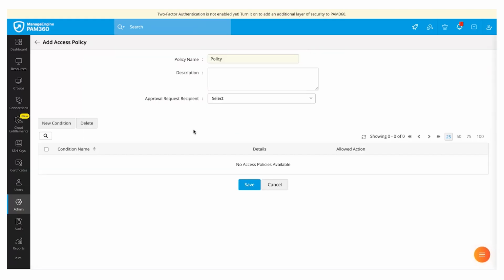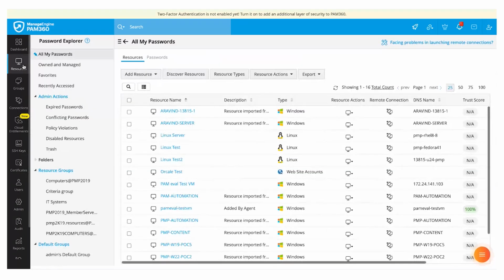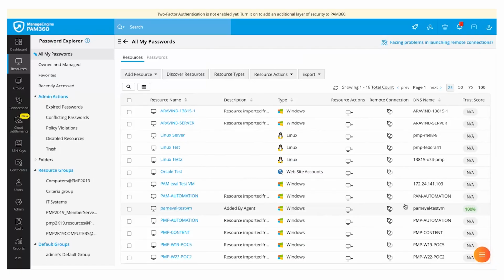So once this is done, once trust scores are enabled, you will be able to see that the trust scores are visible here, and I will be able to launch a session only if I have a 100% or a 50% trust score that is being enabled for the resource. If the trust score goes low beyond the threshold, which is 50, my access will be immediately terminated, right? So this is with respect to PAM 360 zero trust controls, where you can generate trust scores and